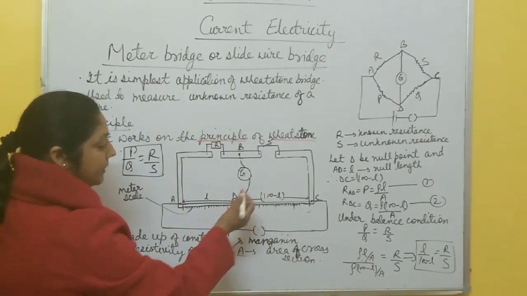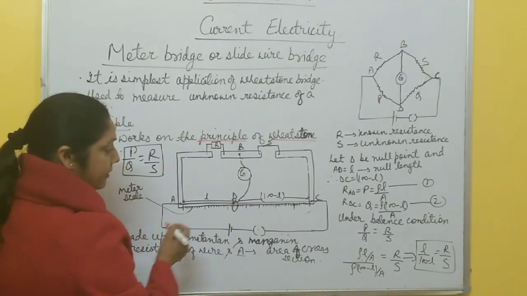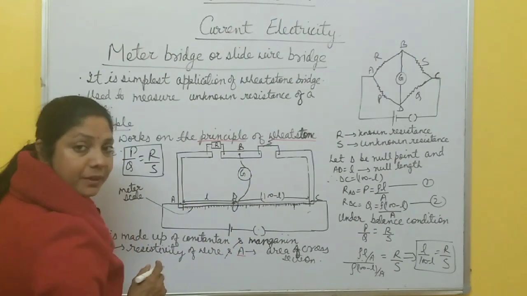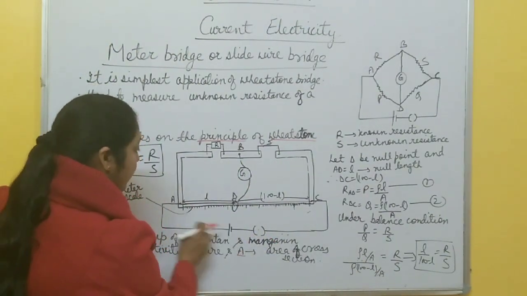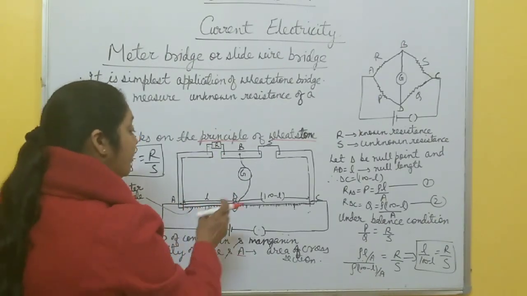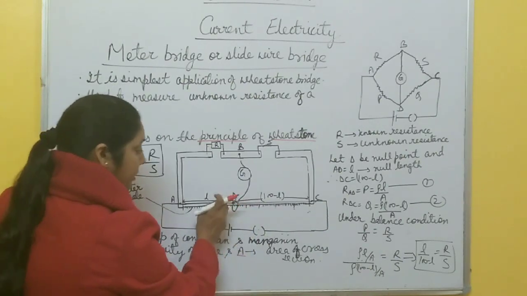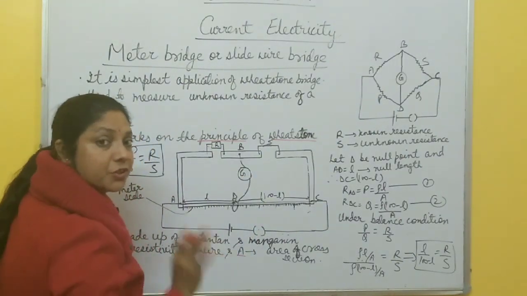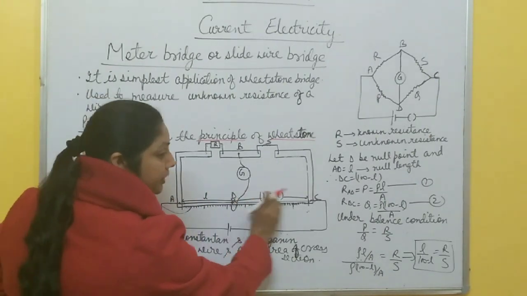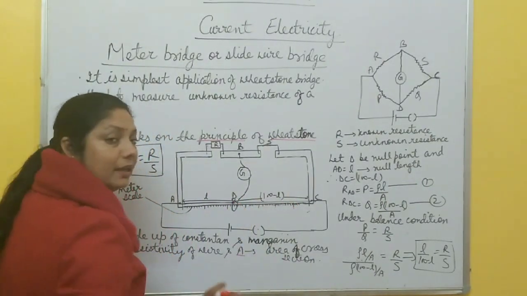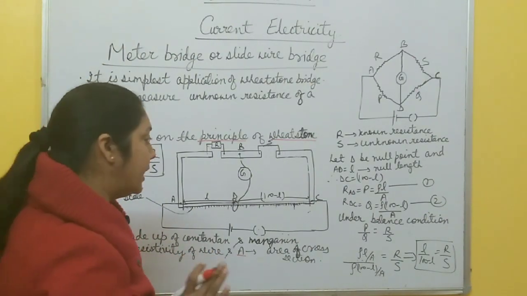Let us suppose that at D point, between B and D, the galvanometer is connected. So when this key is closed, a current starts flowing. Now it is based on the null deflection method, right? So I want a point where this galvanometer shows no deflection. Let us suppose that you slide the jockey over this wire, and at D point the galvanometer shows no deflection, right? Under that condition the bridge is balanced.